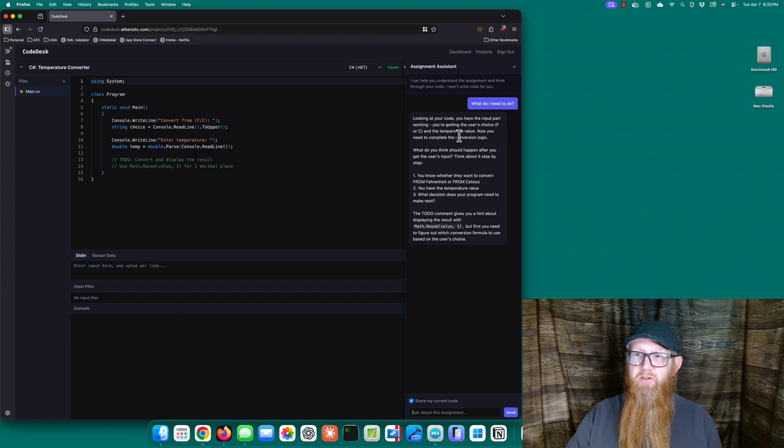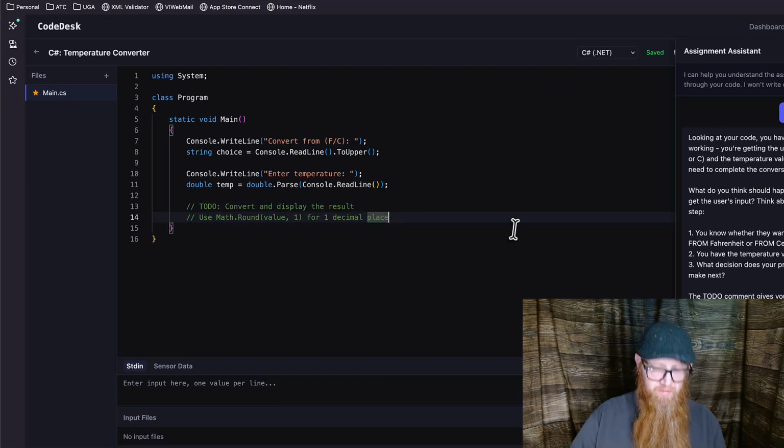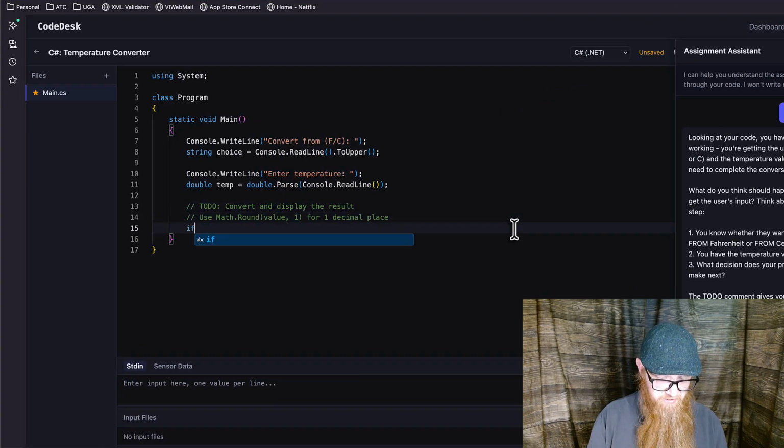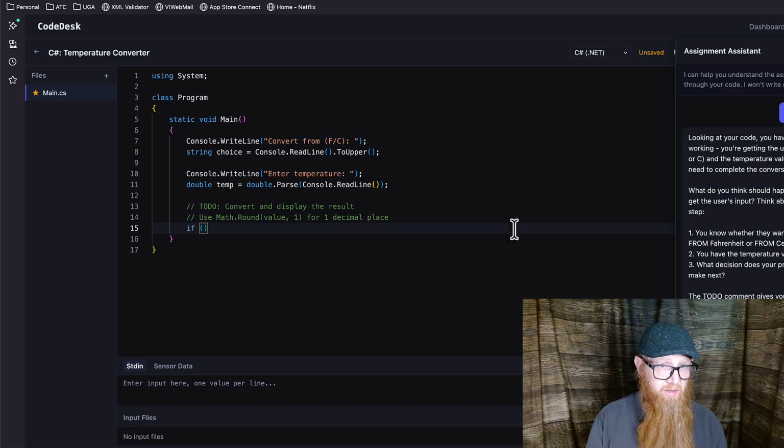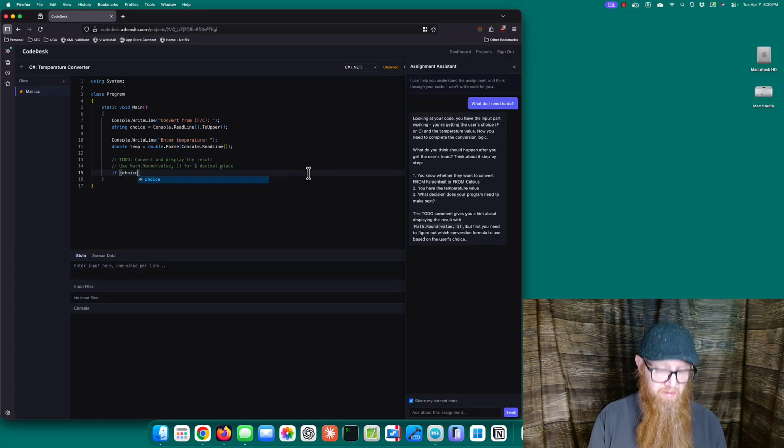So looking at your code, you have the input part working. You're getting the user's choice and the temperature value. Now you need to complete the conversion logic. What do you think should happen after you get the input? Think about it step by step. The to-do comment gives you a hint about it. So here we're going to go ahead and just create an if statement. If choice equals Fahrenheit,